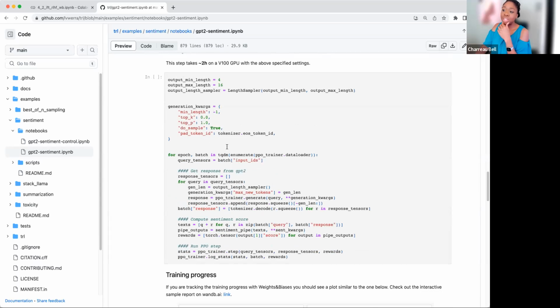And now we get into the actual training loop. I think that this will become a lot simpler as we go along. This thing right here is like a true training loop. Like this is something that you have to write, right? And so I think that this will be simplified in the next iteration of TRL. But for now, this is a really good guide about what to do.